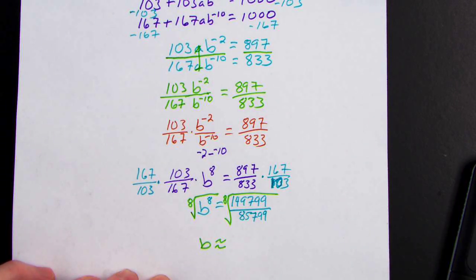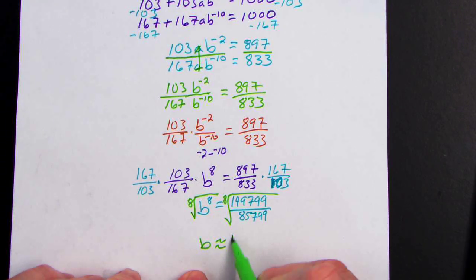Do the 1499799 divided by the 85,000 number, and then I'm going to take the 8th root of that answer,